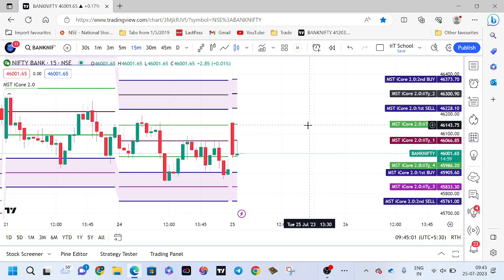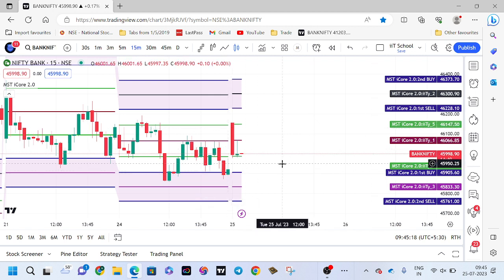So keep following the indicator with the default settings. If you know some price action, apply it onto this indicator to get a higher success ratio. Already we are getting 87.6% success ratio, and if you apply this, you will get more profit. So this is in the case of Nifty Bank. So our Nifty Bank buy entry will be